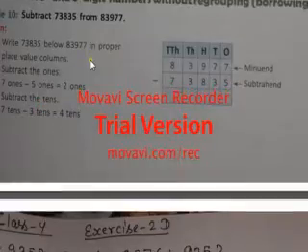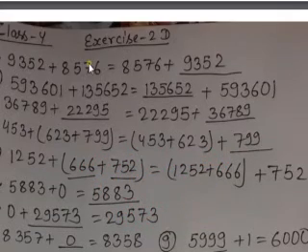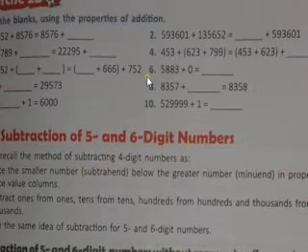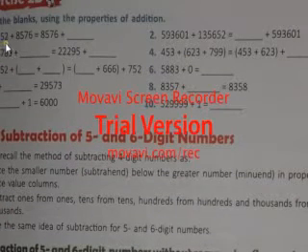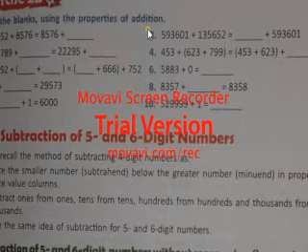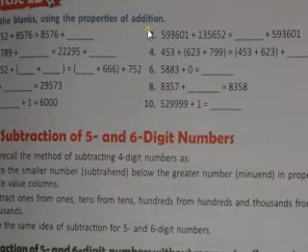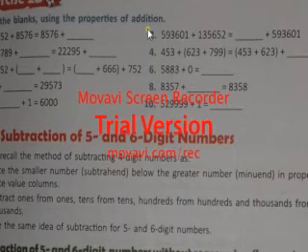So if you will see, this is exercise 2D, and here there is the solution. Okay, let's see the question before explaining the solution. If you will see 9352 plus, fill in the blanks using the properties of addition. Students, if you remember, earlier I had explained different properties of addition. One was the commutative property, which is based on only two numbers, and several commutative property questions are over here. You can watch it over here.